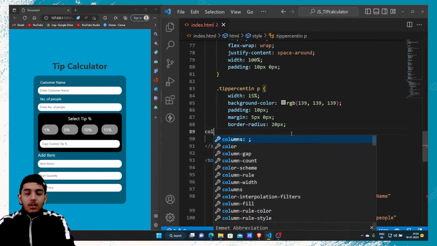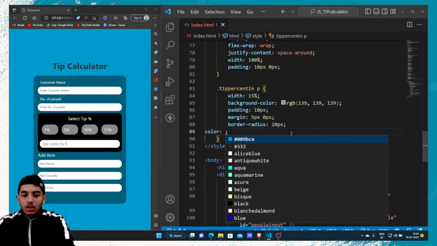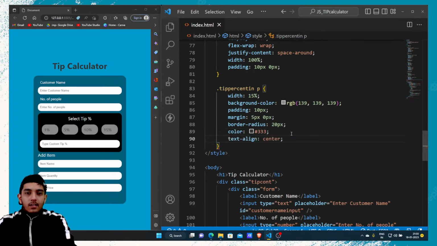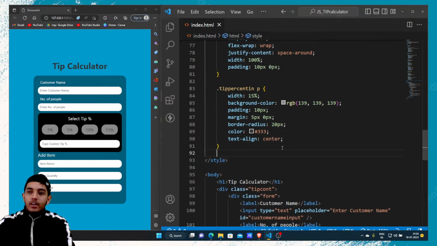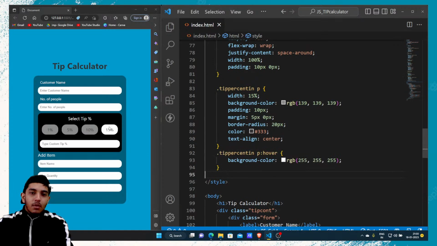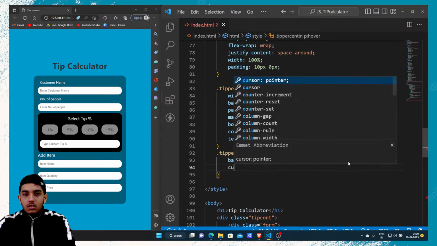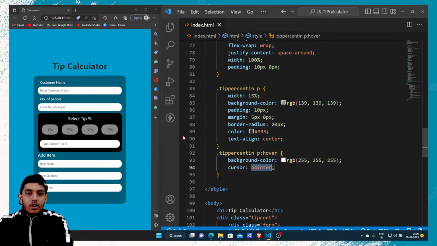After this, I can give them a color of, suppose, gray, hashtag 333, and I want them to be in the center, text align center. Okay, so these are our p tags, and on hover I want my background to be some white color. If I hover, you can see my background color is white, and you can also change the cursor to pointer. All right, so yeah, this is for selecting tip percentage,